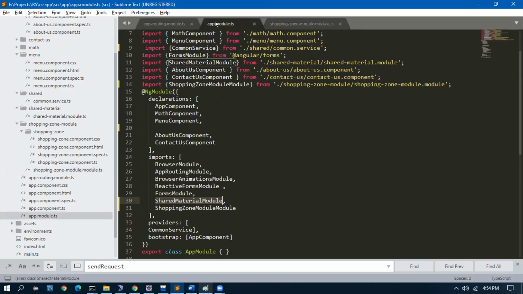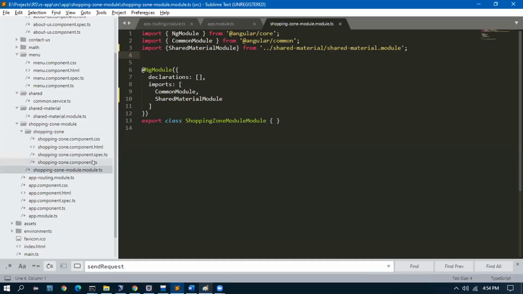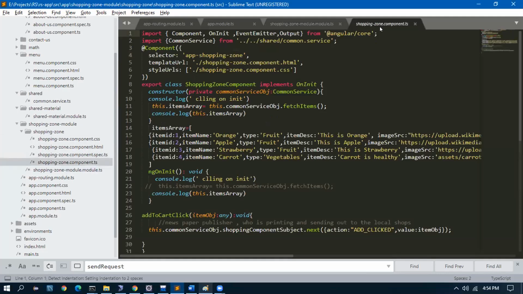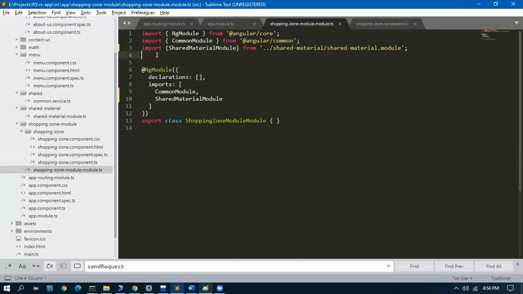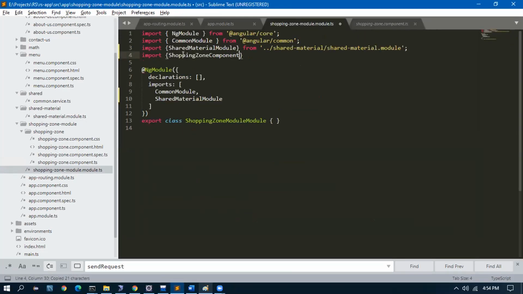But the error is saying shopping zone component.html. Okay, where should I add? Shopping zone component.html. Correct. I have to add the shopping zone component in the module. The module doesn't know this component.